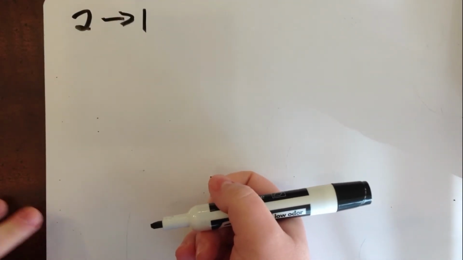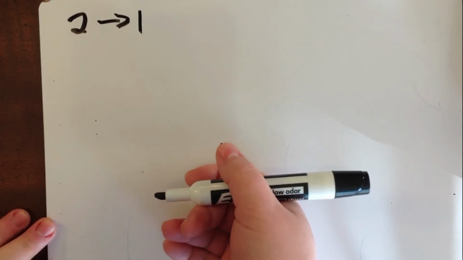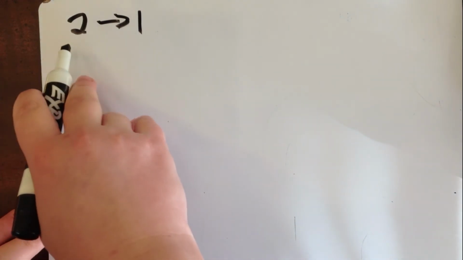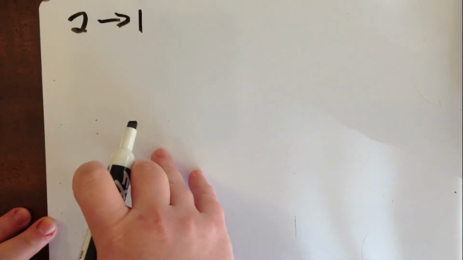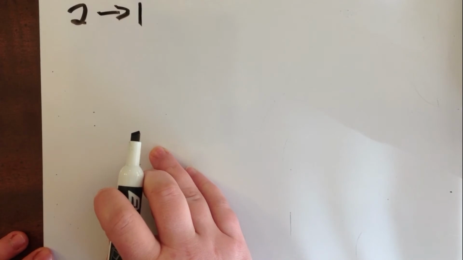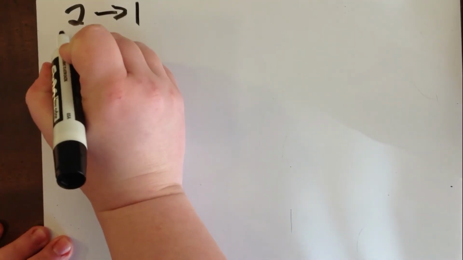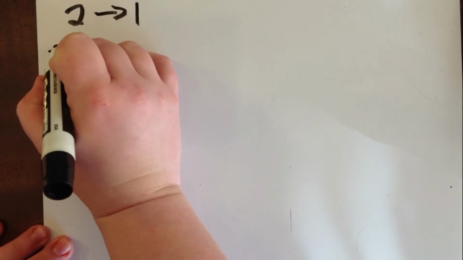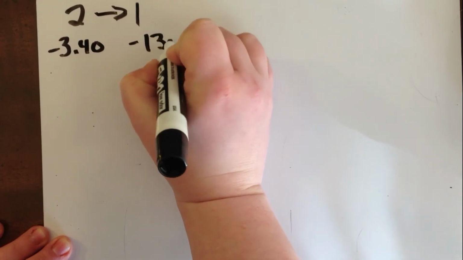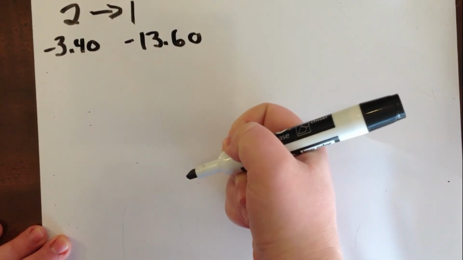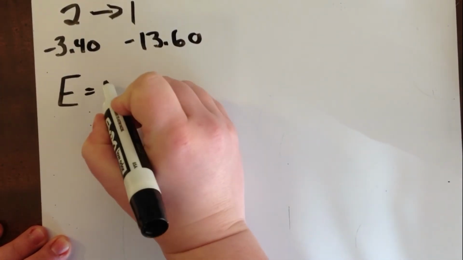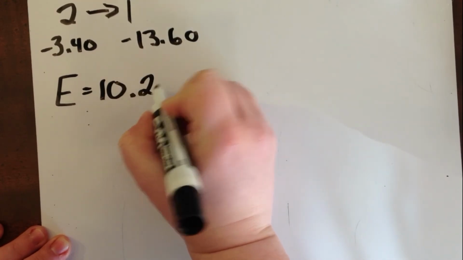So let's do one example together. Let's look for the frequency of the photon that is emitted when an electron falls from N equals 2 to N equals 1 in a hydrogen atom. So the first thing that we'll do is look up the energy for N equals 2 and N equals 1. N equals 2 is negative 3.40. N equals 1 is negative 13.60. So that means the energy is the difference between those two, which would be 10.20